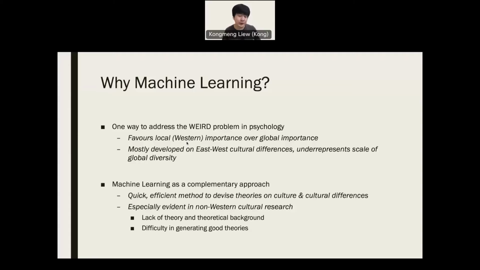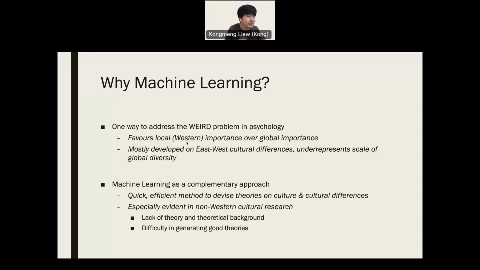For example, if you wanted to compare countries like maybe Rwanda and, I don't know, Cuba or something, where you don't really have much cultural comparison before, how are you going to do it? What's the best way to look at these kinds of differences? And I think machine learning here as a methodology would be a very apt or appropriate method to use. So I'm not saying that we want to try and replace hypothesis testing research or to replace the theories that you have.